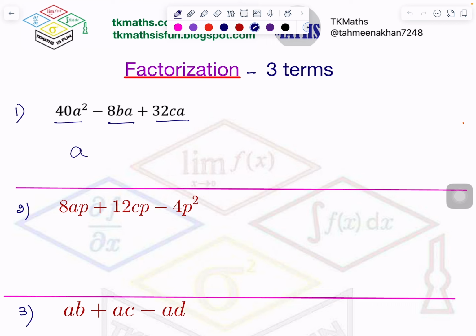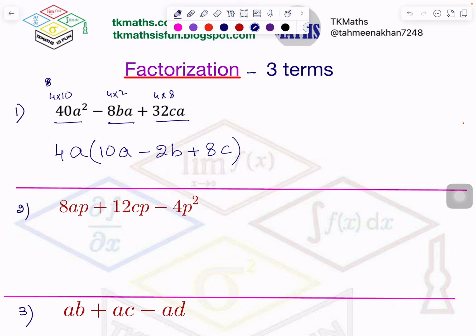if I see highest one is 4, 4 10s are 40, 4 2s are 8, 4 8s are 32. Rather 8 is the common, highest common, right? So 8, no, it is 4. So I'm writing 4 common out. A is common across, B is not common in all, C is not common in all, so this is fine. What is left from here? 10, 4 10s are 40 and 1A minus 2B plus 8C,